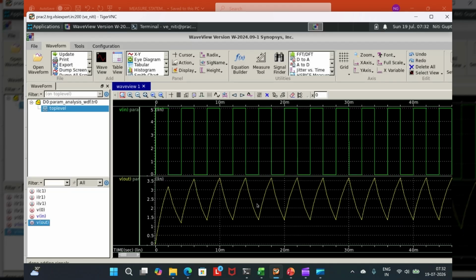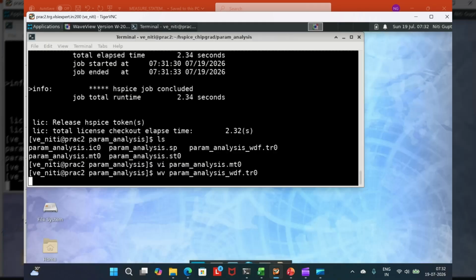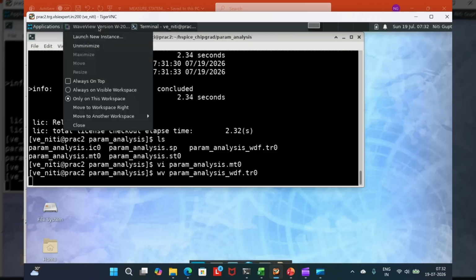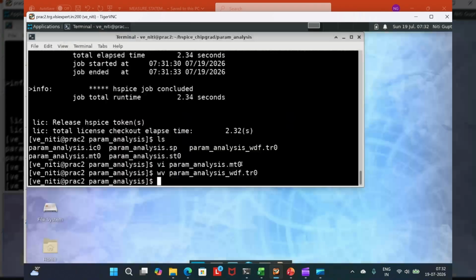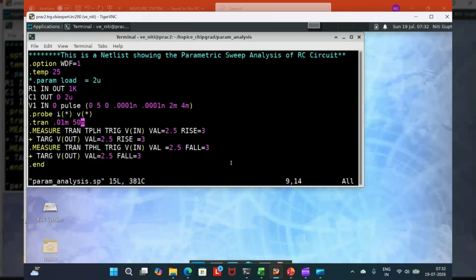So that's it. This is how my output waveform is looking, right? And let me just close this one. Now, this was for 2 micron, right?